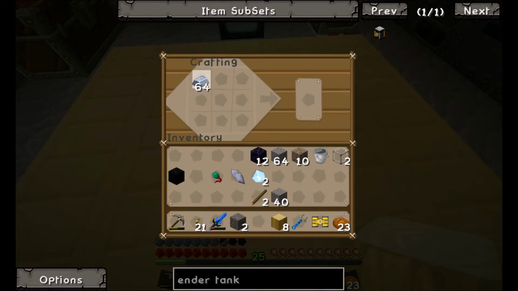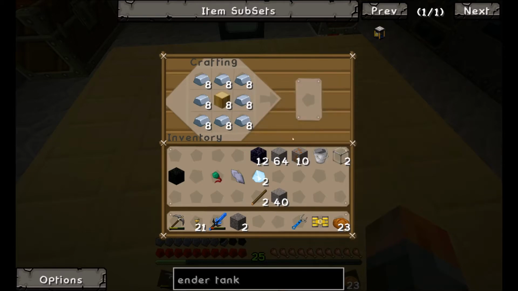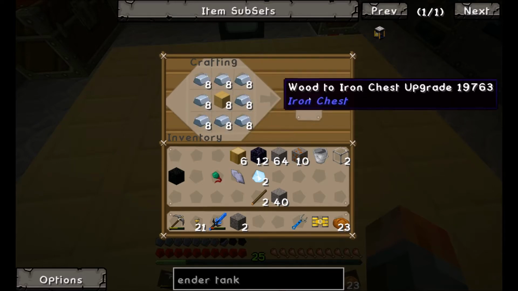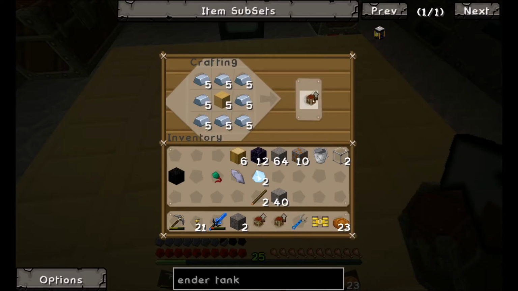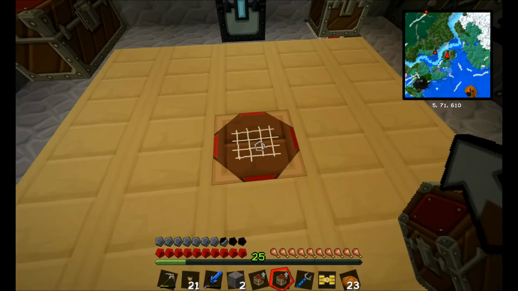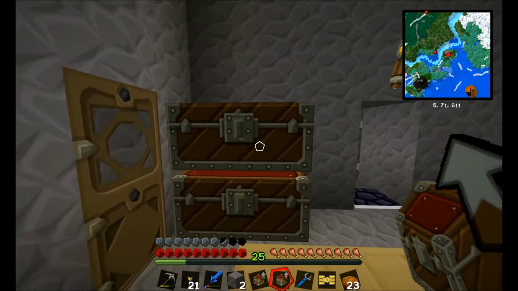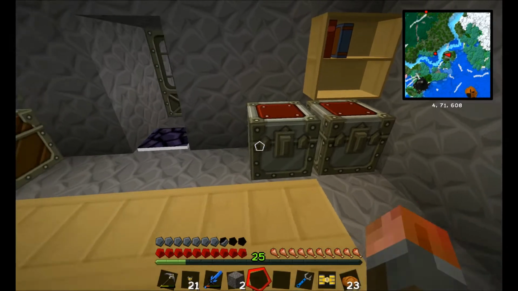So what we want to do with that, if I remember rightly, is a circle of iron, along with, is it wood or is it boards? Probably boards. Planks, I should say. There we go. Wood to iron chest upgrade. And these are very nice. It actually gets rid of one of my biggest bugbears. I don't like double chests, and I really don't have to stack them like this either. So let's upgrade them. 1, 2,